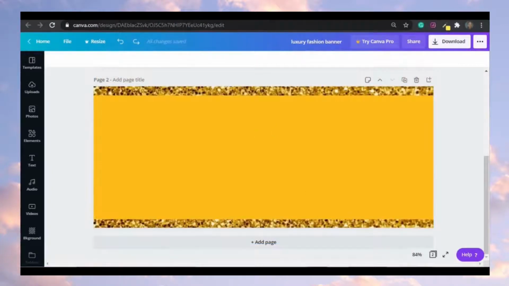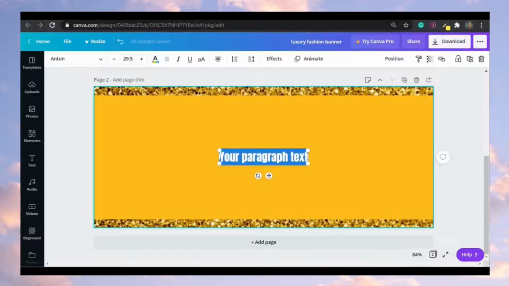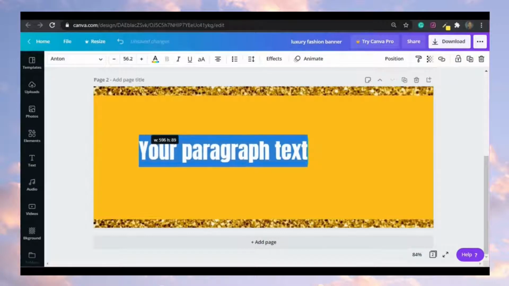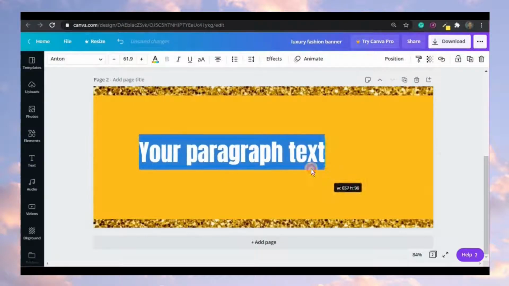Okay guys, so now we're going to add some text to our design. There are two ways you can add text to your design. You can select the text icon right here on your menu panel, or you can just select T on your keyboard. So I am going to change the size. I'm going to resize it, and I'm going to change the text. I'm going to type